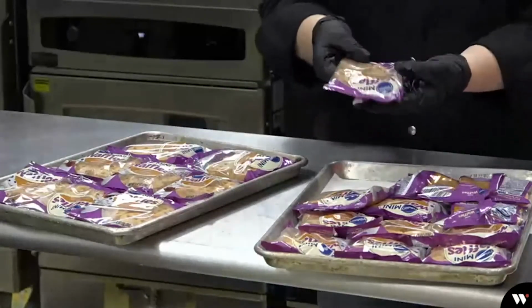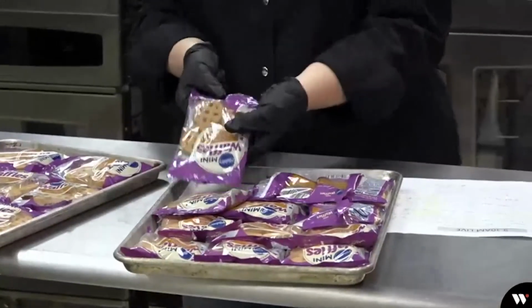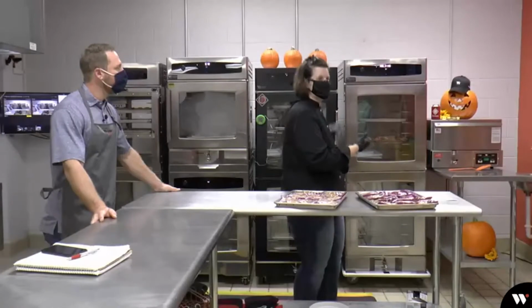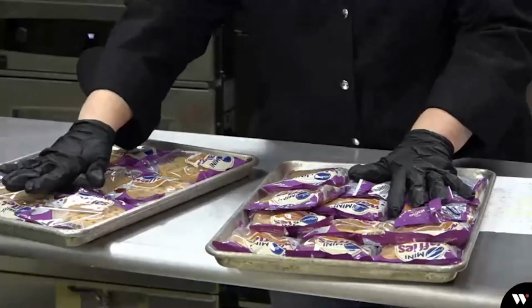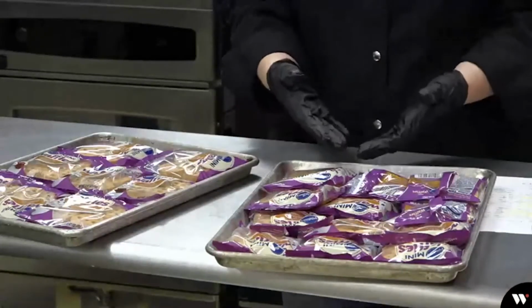These products are really forgiving. The cool thing about that is whatever sort of hold that you've got, if you just have one cabinet and you've got a crisp hold or a moist hold, you can put these types of products in either and still be good to go. And they're nice and warm, they're soft. Like I said, they've got their own little microclimate inside the package, and you don't have to worry about them so much, especially